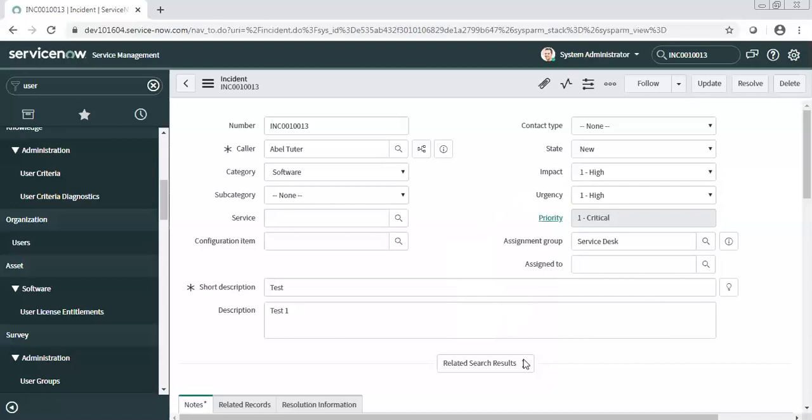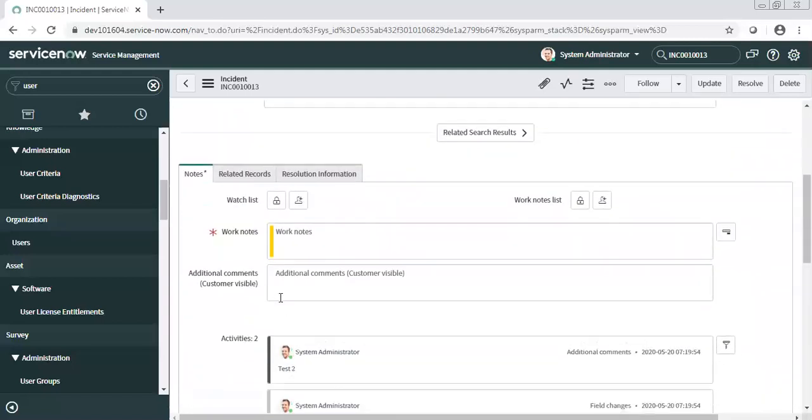So in which scenarios, generally, how do we identify which one will be useful? I think when you have one-to-one mapping. Let's say if your use case wasn't extended, we just need to map caller, category, assignment group, short description, and work notes.